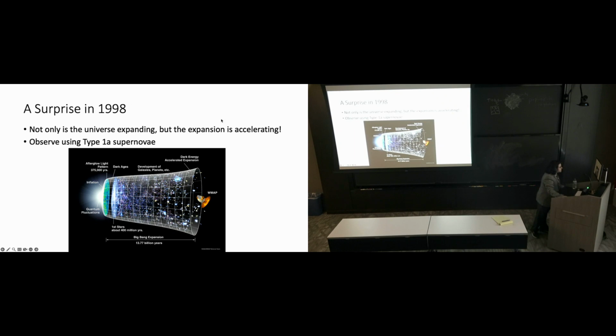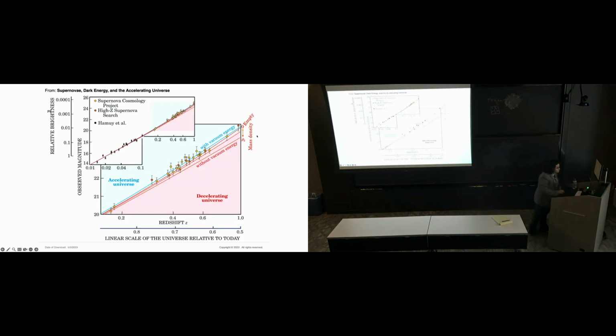And what we found in 1998 is that, naively, okay, we already figured out we don't have a steady state universe. We started with some sort of hot Big Bang and everything was moving apart. Now, naively, your intuition about what should happen is that, okay, everything is moving apart, but maybe at some point in the far future, gravitational attraction is going to win again, and everything is going to come back together and maybe eventually crash back into some sort of reverse of the Big Bang, a big crunch.